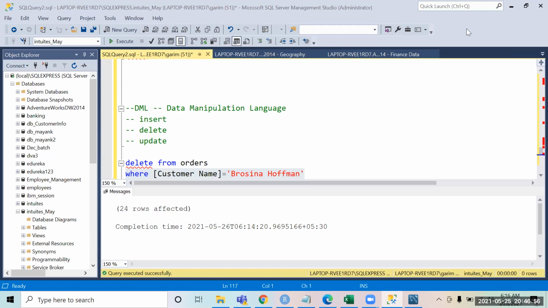Yeah. So if you delete the data, there is no rollback. If you have to use the rollback, there is a technique of doing that. We have to use a TCL command for that, transaction control. So we have to use begin transaction and then we do it. I'll tell you how we do that as well. But by default it becomes an auto commit, so if you delete it, it's permanently done.